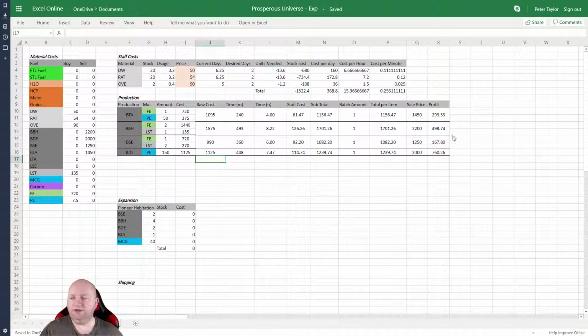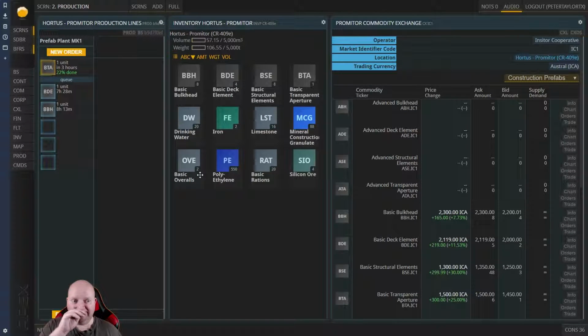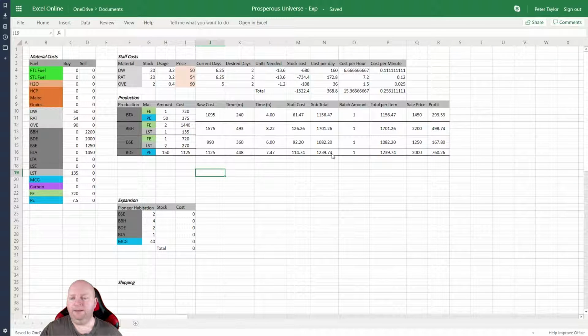So we got our pricing. The most profitable thing right now would actually be to start making BDEs, and it only requires polyethylene, and it's quite cheap to buy, and it produces a decent profit margin. Okay, in that case for now, BDE is our second item to produce. It's a 7-hour 28-minute runtime. Its cost is actually mostly,